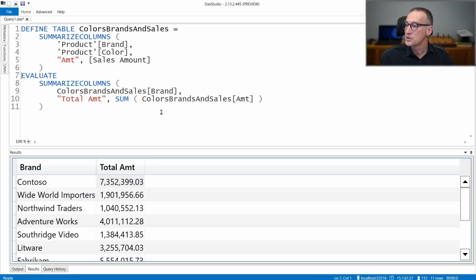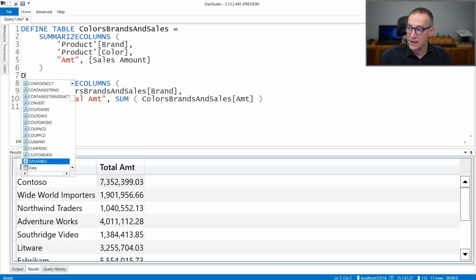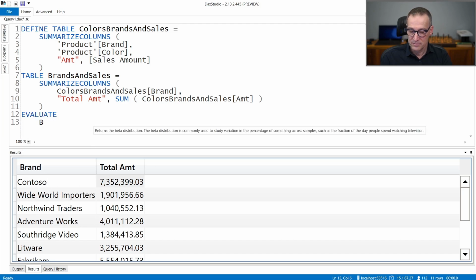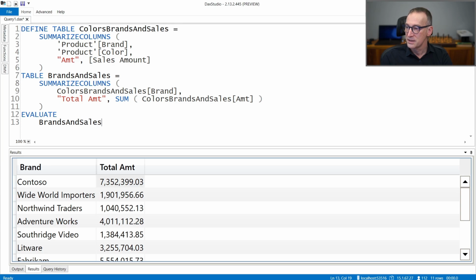The first of these limitations is that you cannot use a calculated table as the source for another calculated table. A calculated table cannot reference, neither directly nor indirectly, another calculated table. Let's see that. If I take this code that right now works and I use it to define a new table, let's call it Brands and Sales, and then I write EVALUATE Brands and Sales.